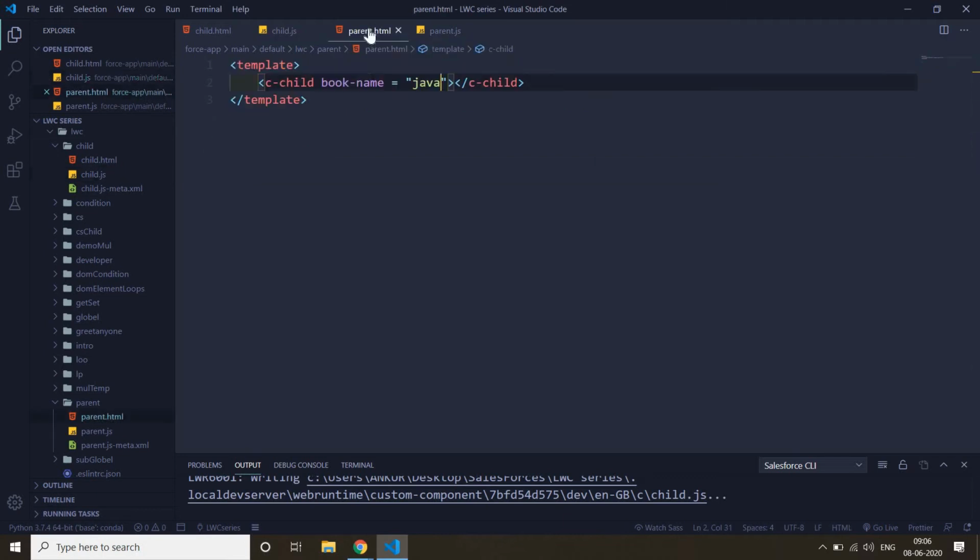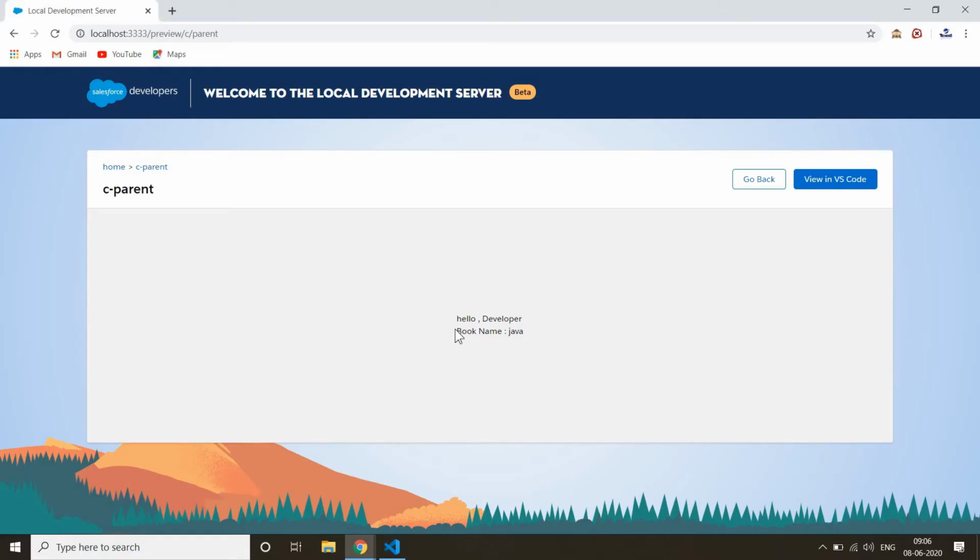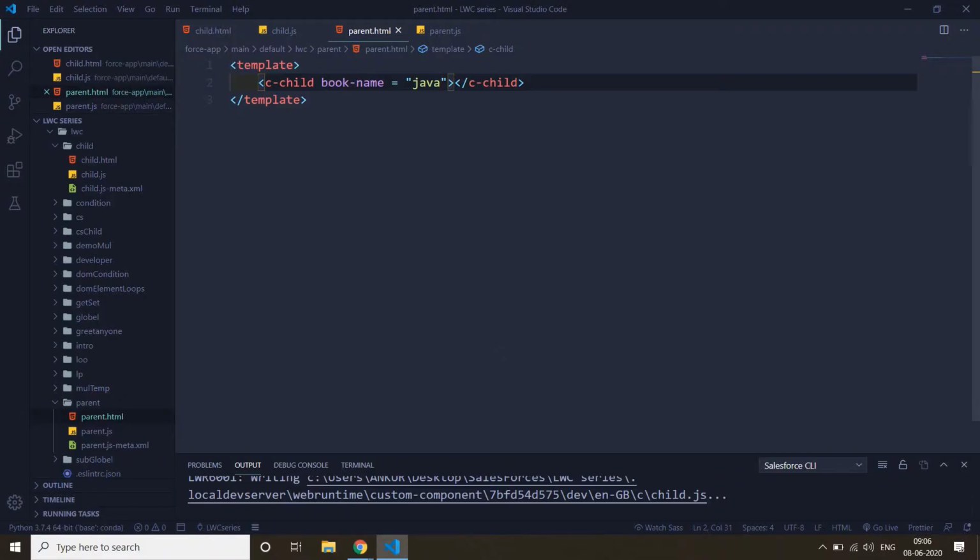Now this property comes from our parent component, and we pass the attribute called book name with the value Java. So let's see. Okay, you can see our book name is printed here. This is how we can pass a primitive data type.